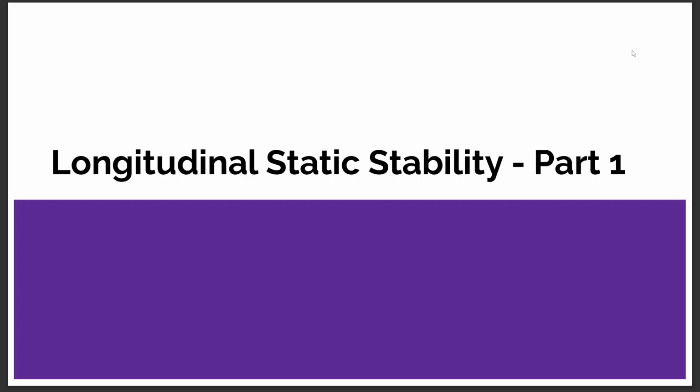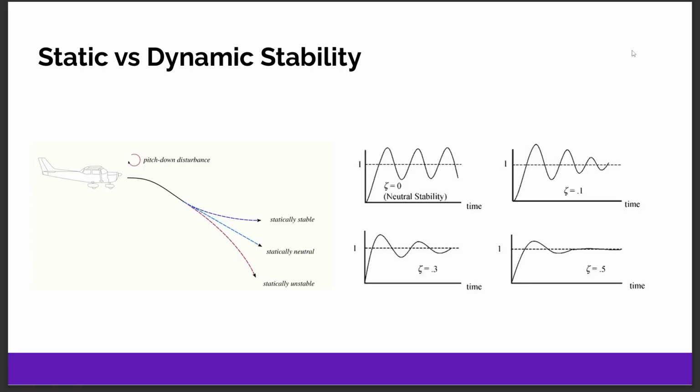Today we're going to cover the longitudinal static stability, and that essentially means, is the aircraft stable in pitch? So the first thing that you should know is that there are two types of stabilities. There's the static stability and the dynamic stability. Static stability refers to the aircraft's initial tendency to return or not to return to its steady state following a disturbance. Dynamic stability refers to the subsequent motion in the longer term, that is, whether the oscillations grow, stay constant,